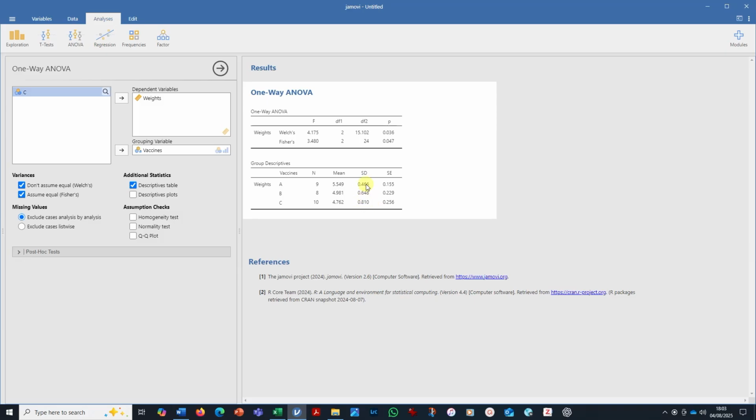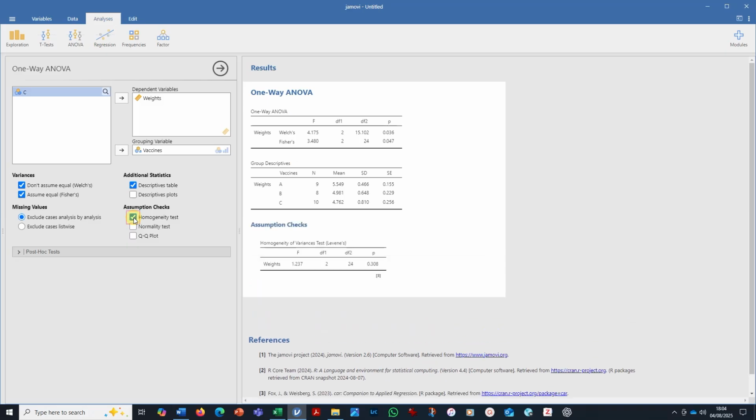If we looked at the standard deviation, which is giving us the variation around the mean for each of the vaccine groups, we can see that it is slightly different. And we can actually do a proper test. It's called a Levene's test. If we put a tick in the homogeneity test box, we can do that Levene's test, and we can see